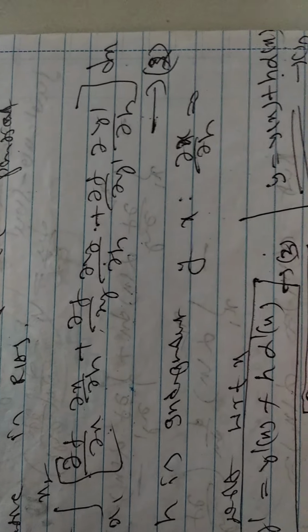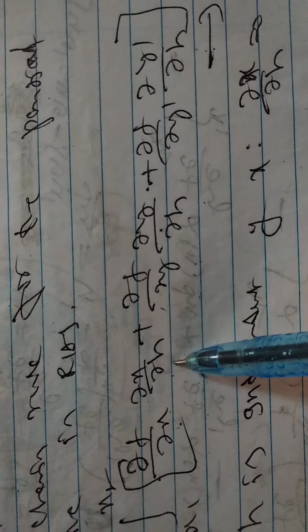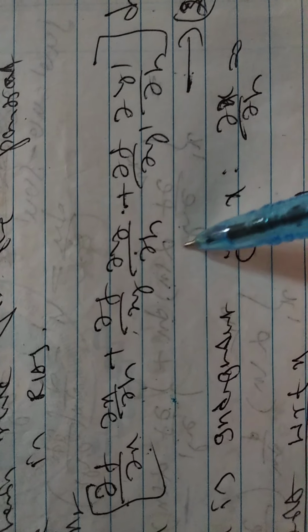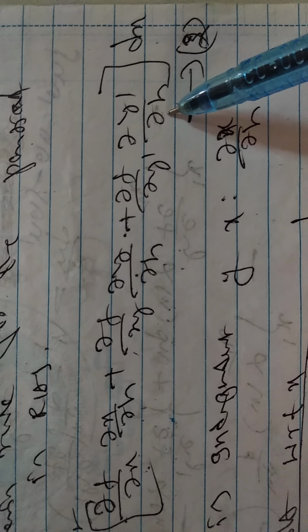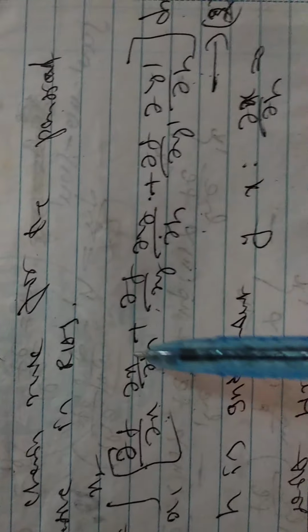So why find out all the values ∂f/∂y', ∂x/∂h? Means, in this equation ∂x/∂h is there, ∂y/∂h is there and ∂y'/∂h is there. So all the values you have to substitute. What is the value of ∂x/∂h? ∂x/∂h is equal to 0. So then what happens? This term becomes 0.